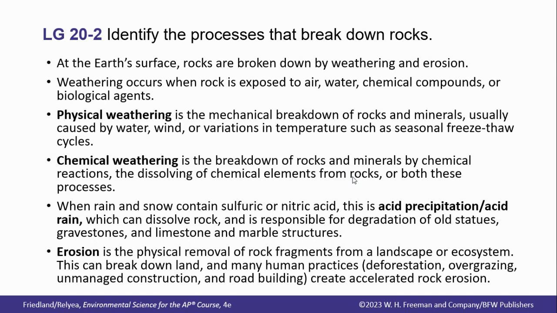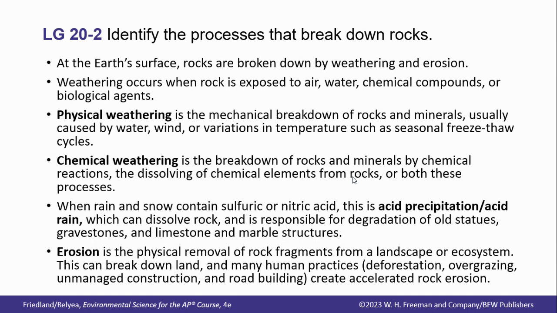So when rain or snow contains sulfuric or nitric acid, this is acid precipitation, or acid rain, which can dissolve rocks and is responsible for the degrading of old statues, gravestones, and limestone and marble structures. So acid rain is a big problem with our global warming. We've got too many gases in our atmosphere that are being collected in the water vapor molecules and coming down